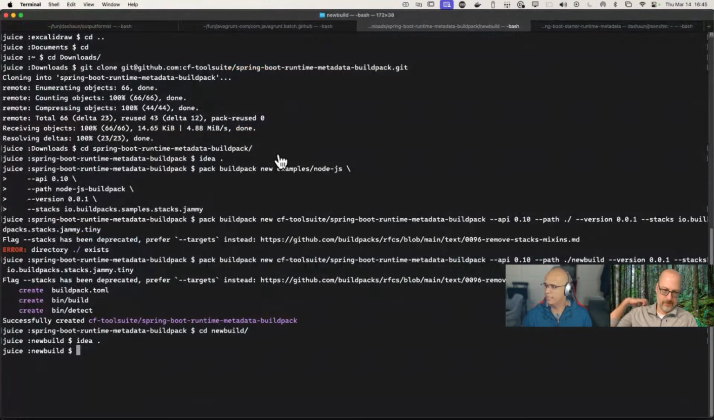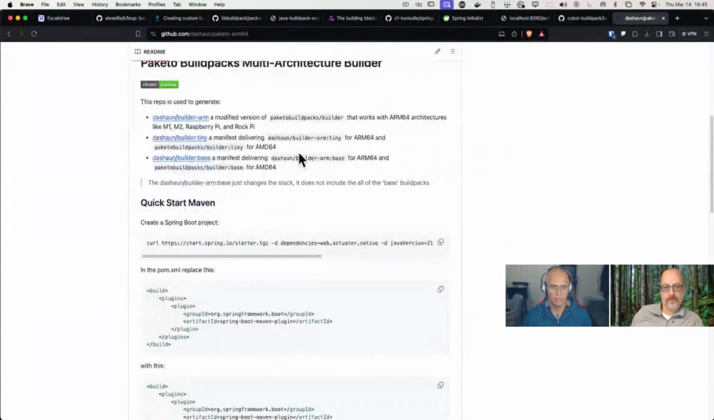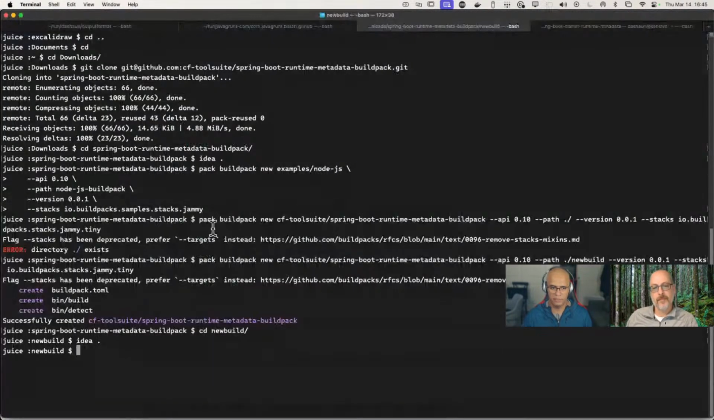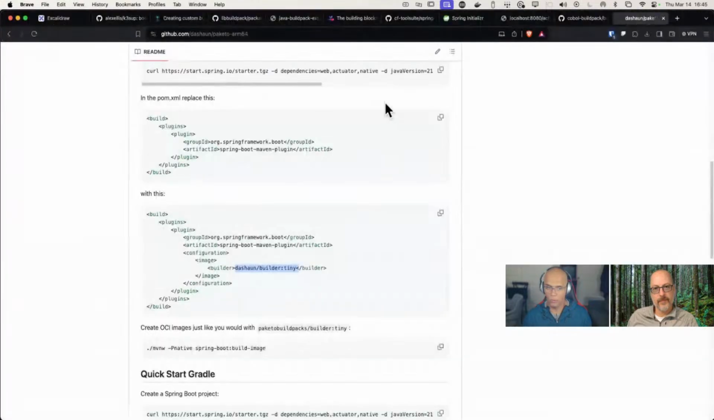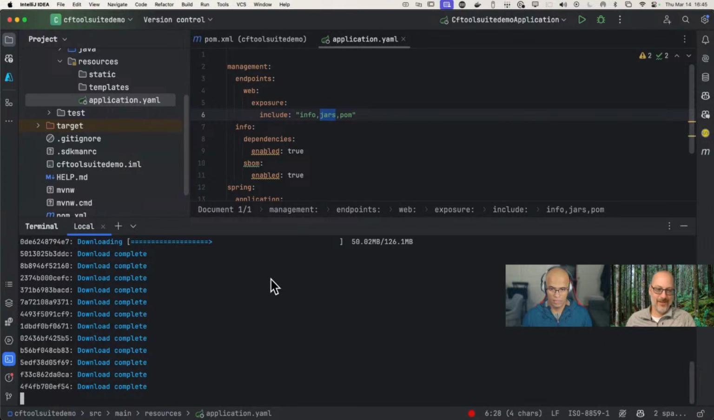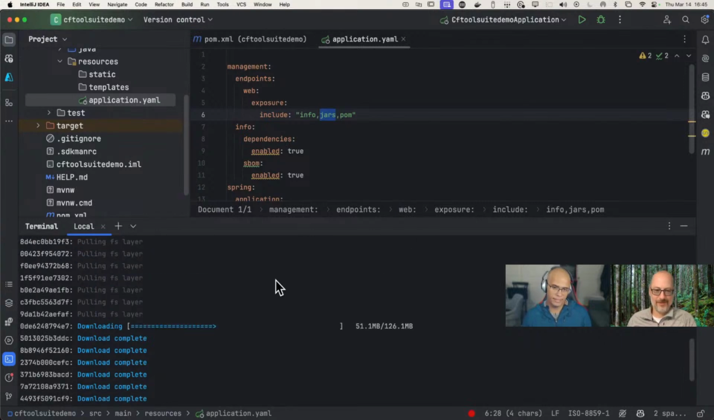Isn't it supposed to be tiny now? Yeah, it's supposed to be the Tiny builder, but it's using an old version. So I need to update my pack configs. Okay. So it's pulling some stuff down. It'll take a little while. Yeah. But the thing is,